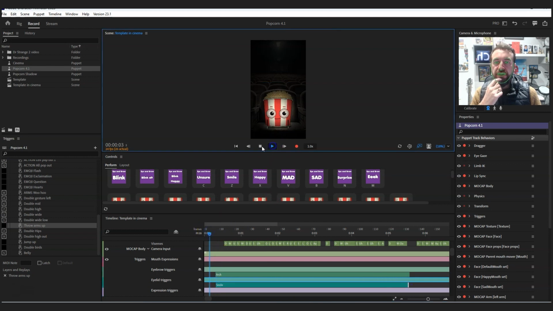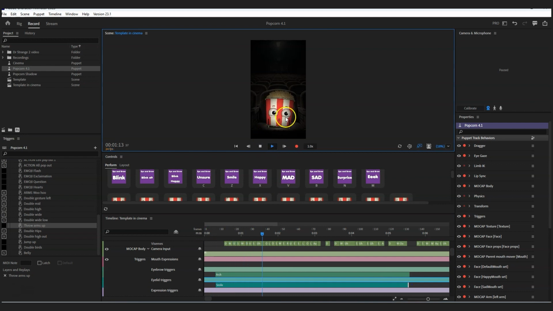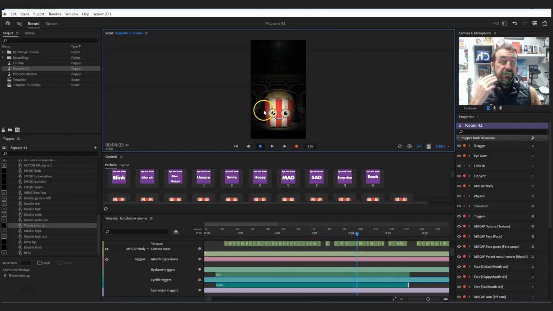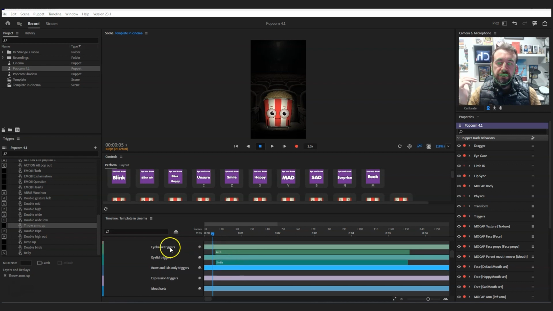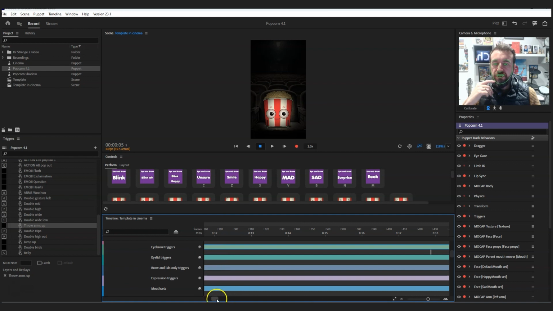If I press play now, I hold my finger down testing all because he's introducing himself, and it's got those expressions. Now it's good, like I said, you can mix and match all the different eyebrows and the eyelids to make lots of different expressions. However, you might not want to go through adding the eyebrows and the eyelids to everything. So instead, I'm going to delete those off,